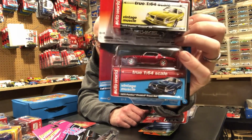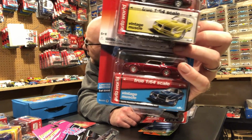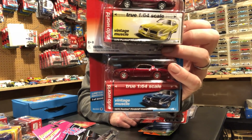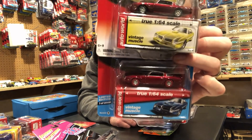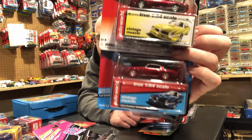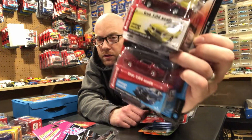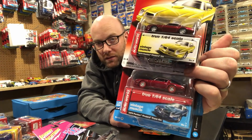And then this one from 2018 Release 2. So I believe I only need one more in 2018 Release 2, and that is the Ford Mustang Mach 1. And then I will have all of Release 2. So I'm just missing that one car, and then I'll have collected all of those. So just need that guy, and then that series will be complete, and I'll be able to do a video